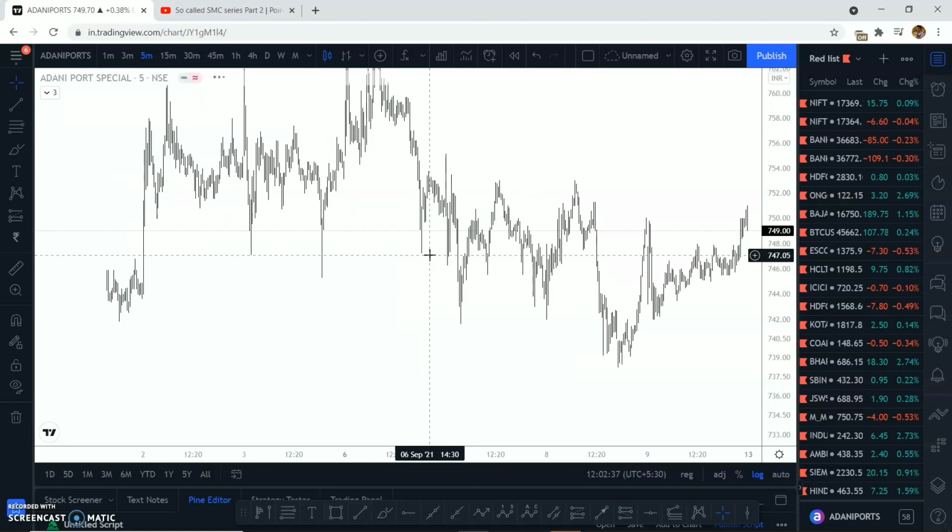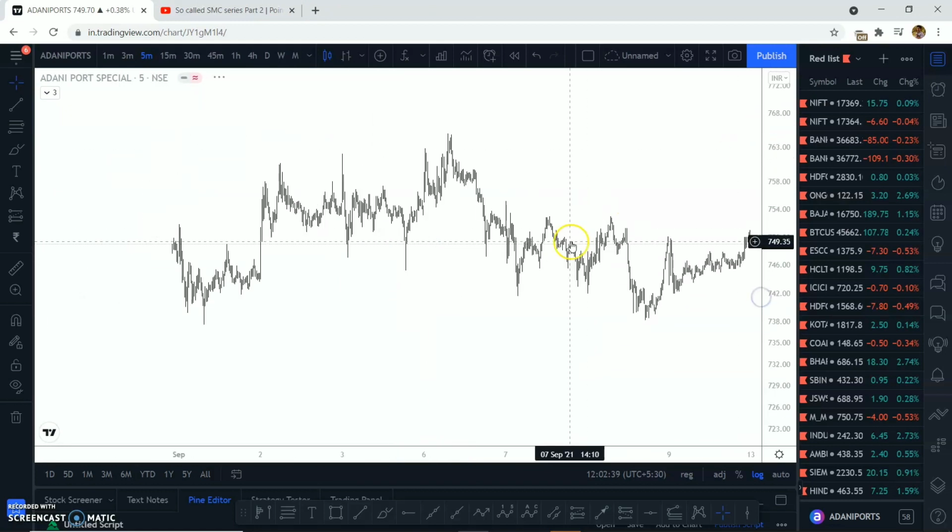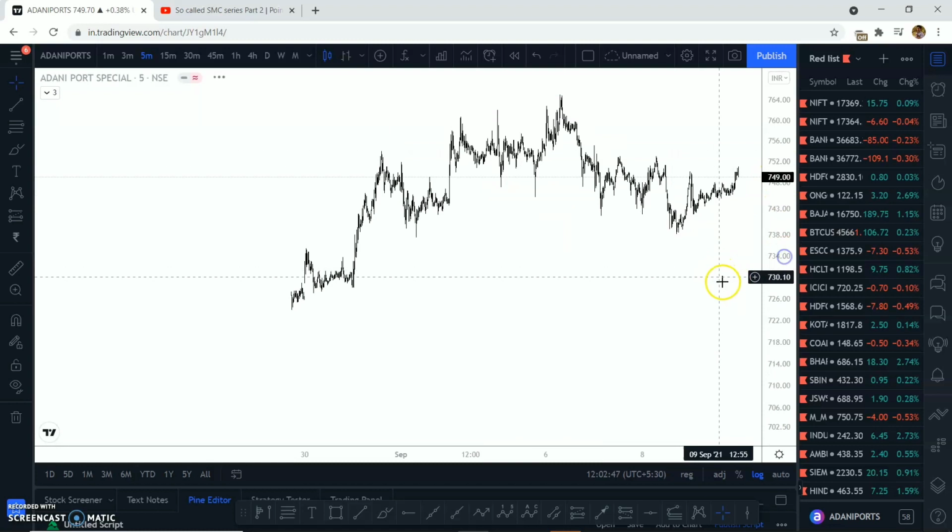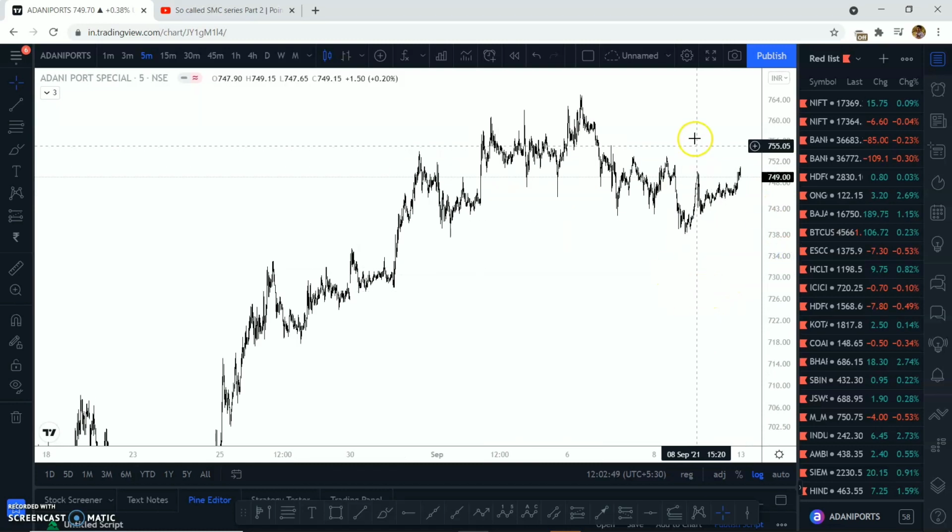So in today's video, we'll be discussing how to refine our trade locations for better entries, or to avoid any trades. This is very important because see,